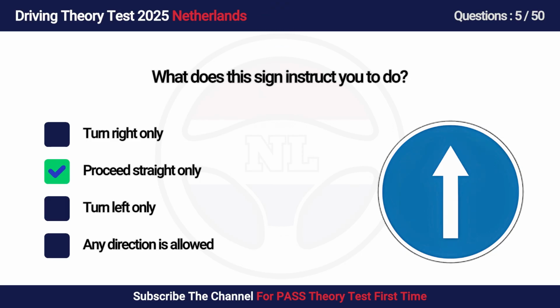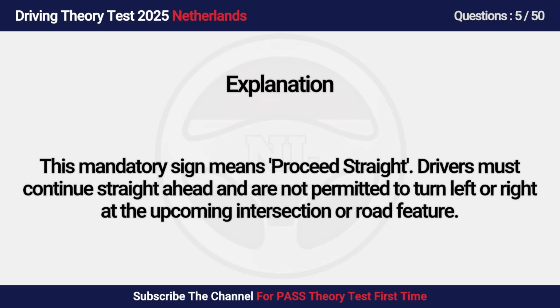Answer is B. Proceed straight only. This mandatory sign means proceed straight. Drivers must continue straight ahead and are not permitted to turn left or right at the upcoming intersection or road